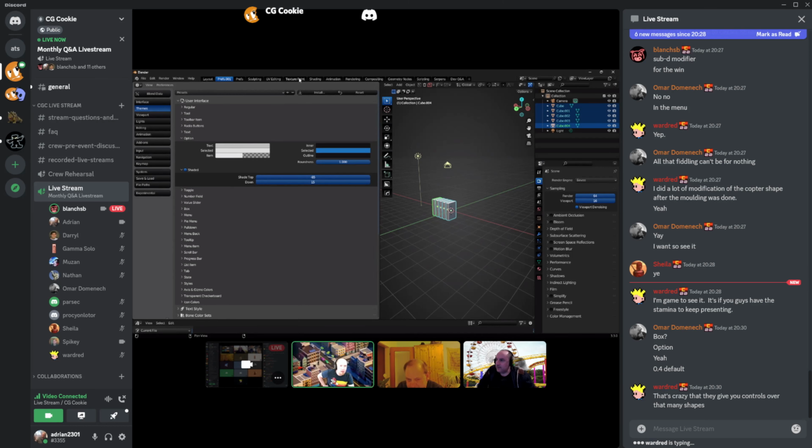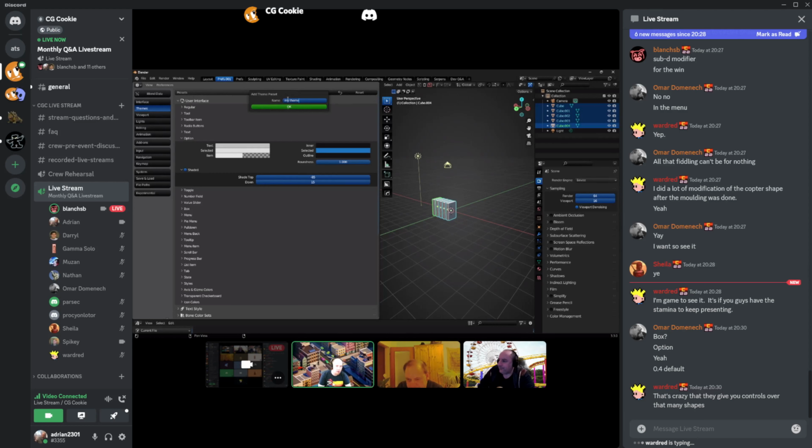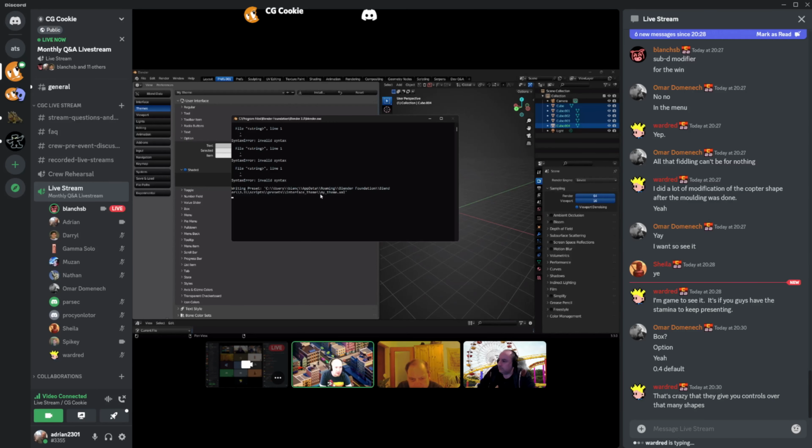So when you're done with that, you can just click on the plus icon, call this my theme. You just gotta be careful, because when you save it and click OK, it actually really quickly puts an underscore after all your spaces. It doesn't show it here, but it's done in the file. I've got my Blender console open, and you can see where it saves it to. So, writing preset to this location, and you can actually copy that and open that up in your system